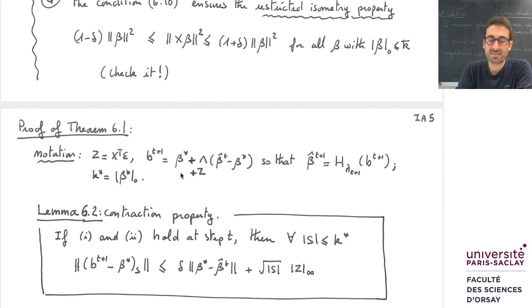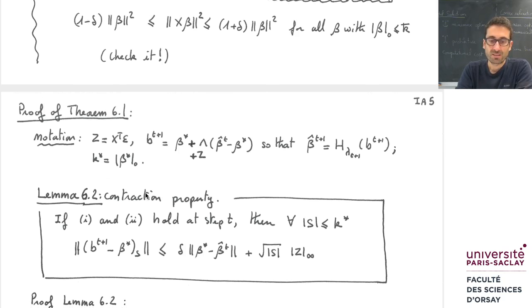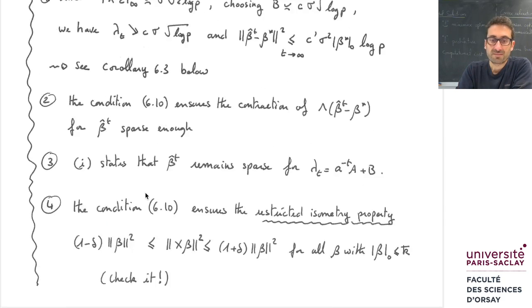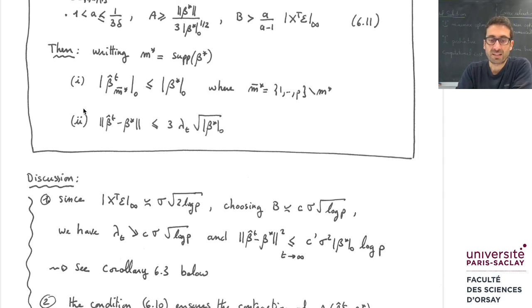Okay, so this is b_{t+1}, and we apply the hard-thresholding on b_{t+1}. Also, in the following, I will use k star for the number of non-zero coefficients of beta star. So, as I told you, we assume that properties 1 and 2 hold at step t, and we want to prove that they will hold at step